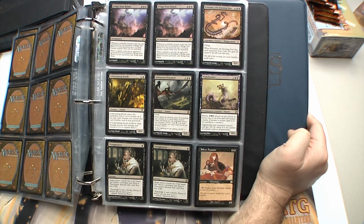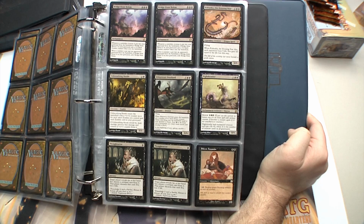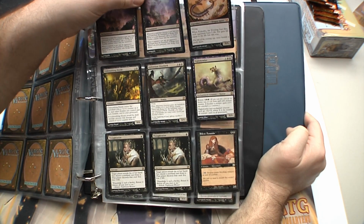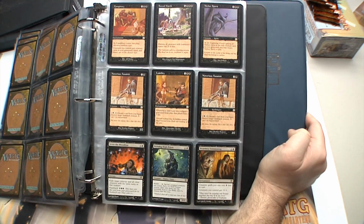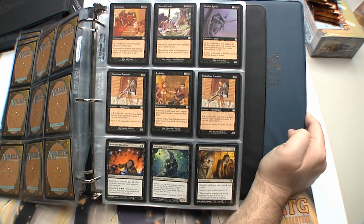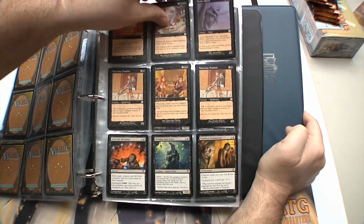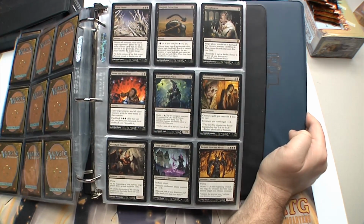Here's some more Modern Masters, a couple Bridge from Belows, Kokusho, Evening Star, Unbreathing Horde, Abhorrent Overlord, Night Howler, Thoughtseize, Silent Assassin, Conspiracy, Forced March, Nether Spirit, Notorious Assassin, Liability, Sever the Bloodline, Skirsdag High Priest, Heartless Summoning, Life's Finale,